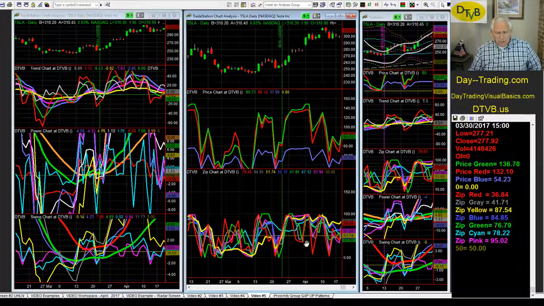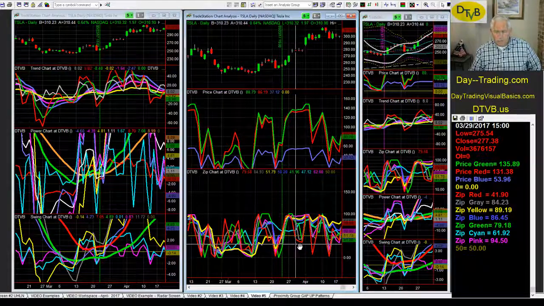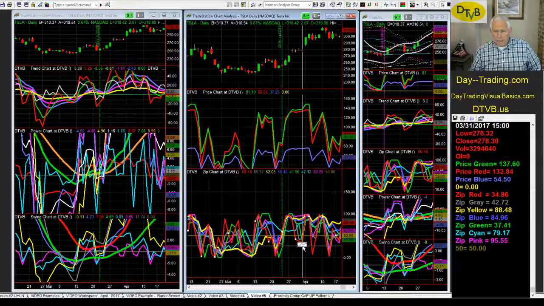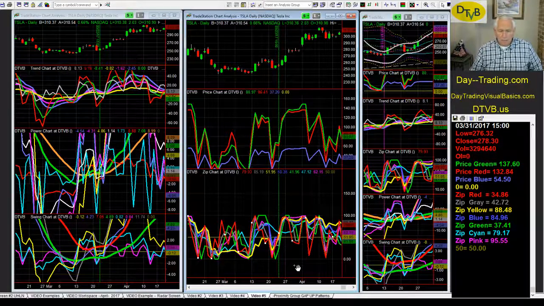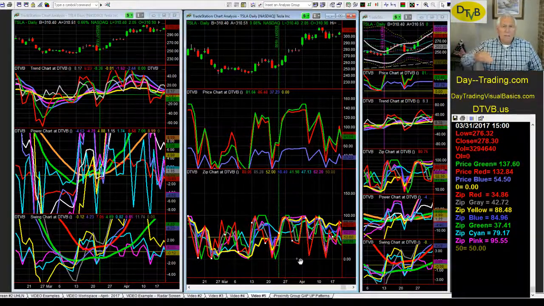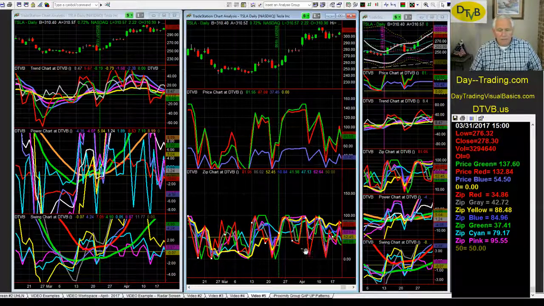You can further see that if you look down here in the zip red chart. Zip red right now, keep in mind it spiked down to 41, and then it did a low angle down to 36, and now it's done a second day low angle down to 34. Zip red is a super fast line. Zip red and swing pink are the two quickest lines in the entire system, and when it can't even get down to under 30, you know that there's something keeping it up,